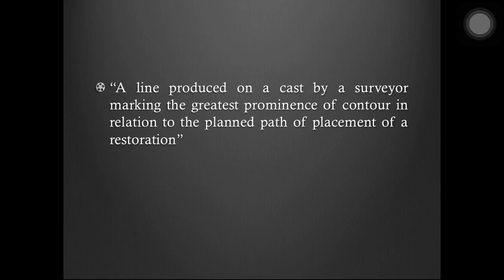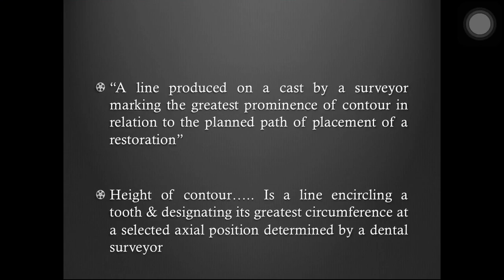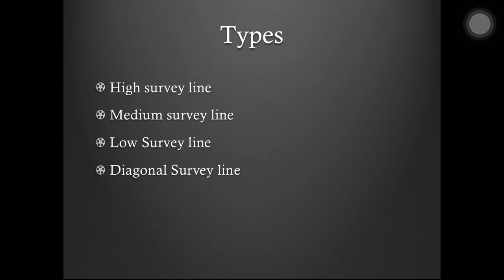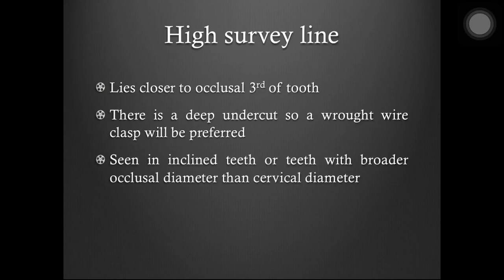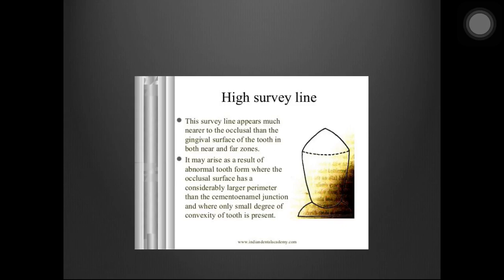Now, you can see that the survey line is where the height of contour encircles the tooth. There can be a high survey line, a medium, a low survey line, and diagonal survey lines. Now at this stage you don't have to go into the details of the survey lines. I'm just trying to show you what a survey line is. This is the survey line,